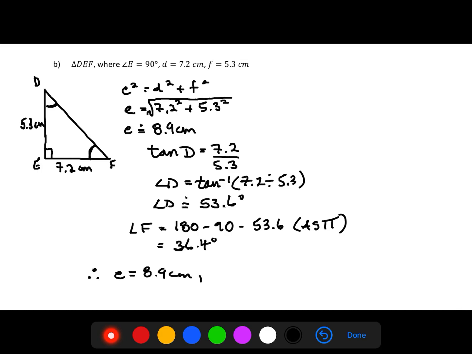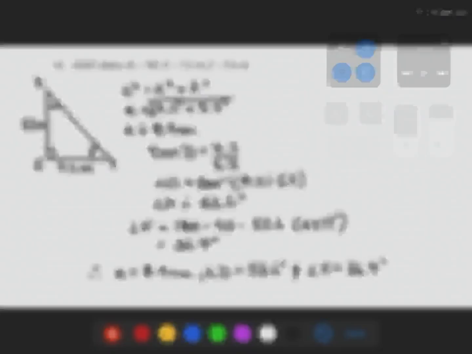And again, just doing a quick therefore statement to sum up everything that we've figured out here. Side E is 8.9 centimeters. Angle D is 53.6 degrees. And angle F is equal to 36.4 degrees. Okay, so that's a quick review of our primary trig ratios using those four